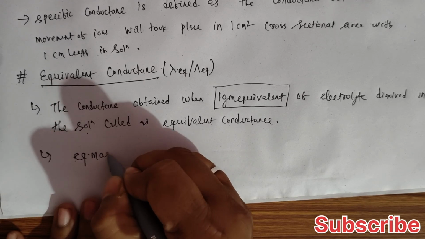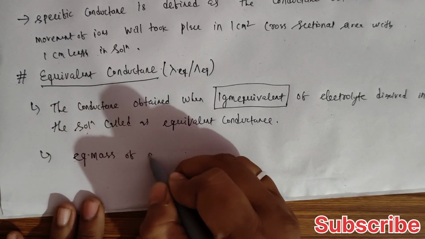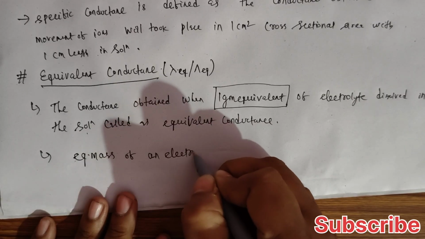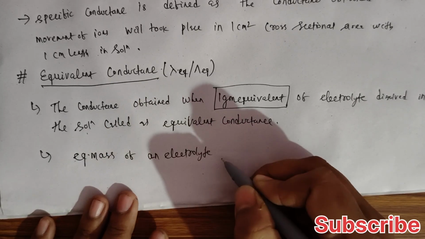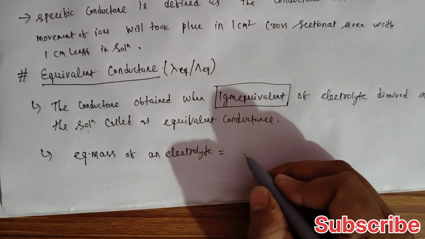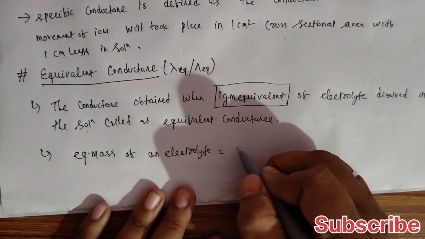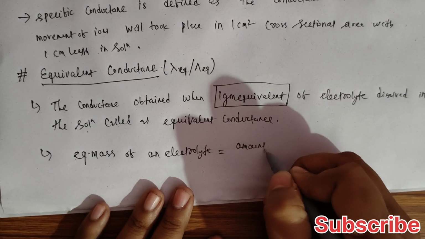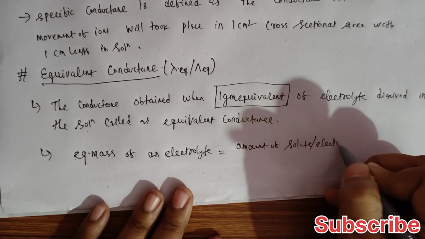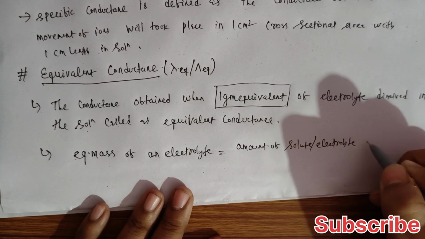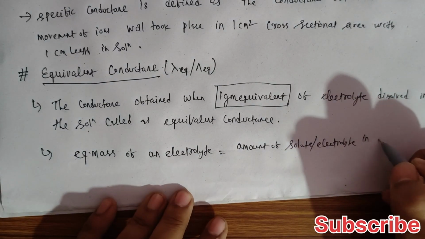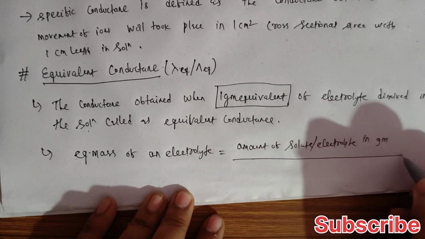Equivalent mass of an electrolyte or any substance is equal to amount of solute or amount of electrolyte in gram whole divided by